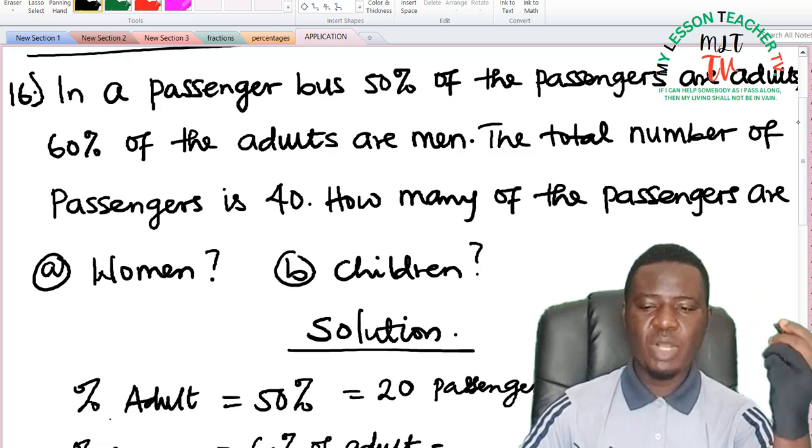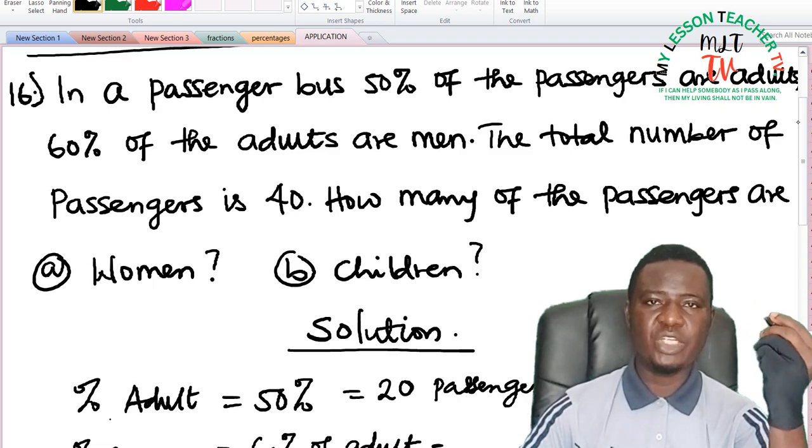We shall now take more exercises on application of percentages to real life situation. Question number